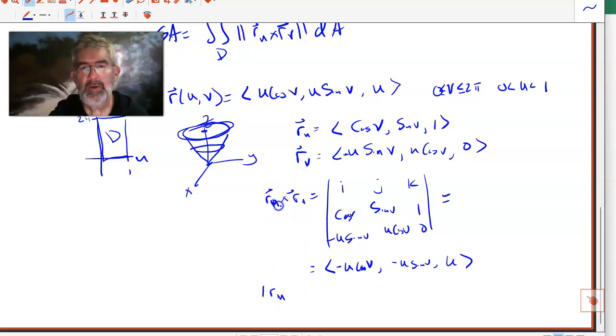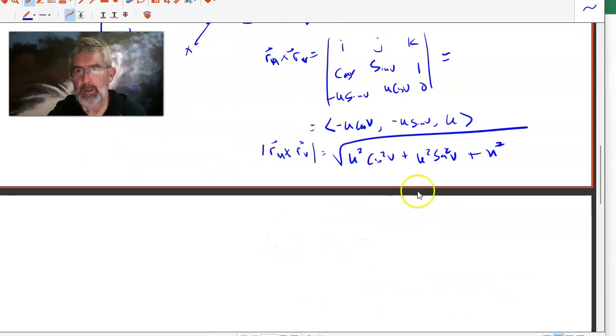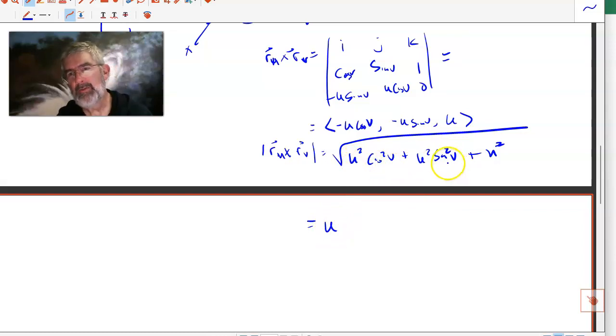RU crossed with RV. The square root of this first one squared, U squared cos squared V, plus U squared sine squared V, plus U squared. There we go. The U squareds come out in front here, so I've got U. I'm not going to worry about an absolute value because U is between 0 and 1, so it's always positive. I might have to worry if this was potentially negative. But inside, I've got a cos squared V plus sine squared V, which is 1, plus 1,